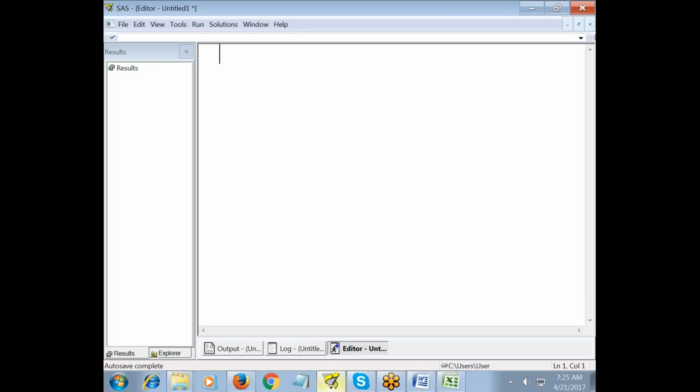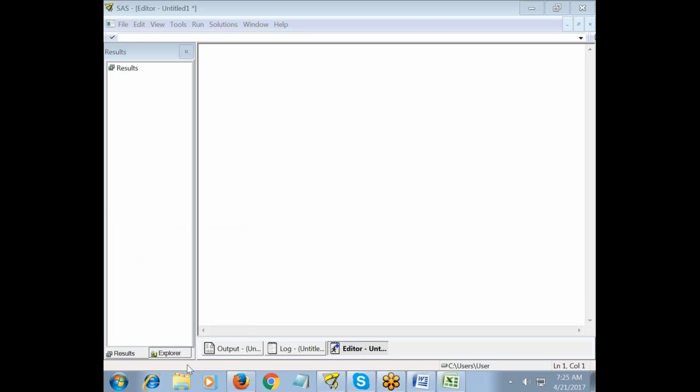But in SAS on Windows, it is all consolidated in one page. In one view you can see all the windows. So forget about Unix, it is not much important here. But still, if anyone gets a placement in a company where they use Unix, this is how your SAS software will look there.